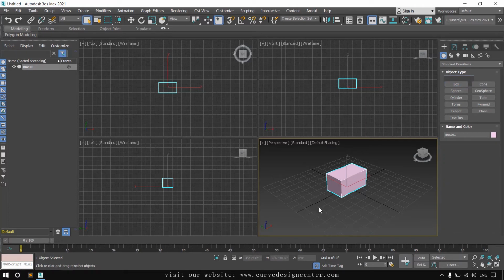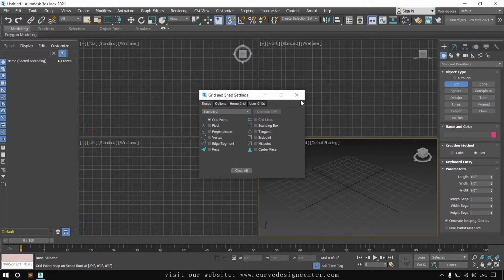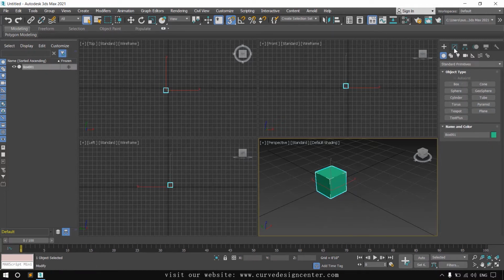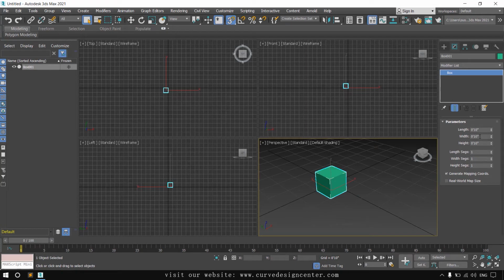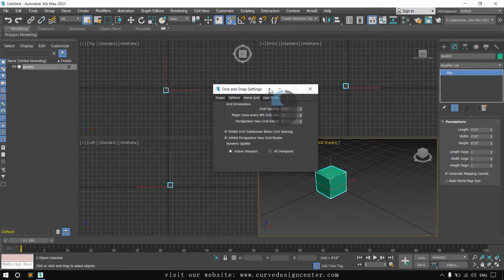If you want to change the grid spacing, you can also do these things. First delete this box and then create a new one with the snapping options. Right click and choose Grid Spacing, and create a box in the center of this grid. By default, the spacing is set to 10 inches by 10 inches by 10 inches. If you want to increase or decrease it, right click on the snapping options. All these three options work in the same way. Choose Home Grid, and the grid spacing is set to 10.